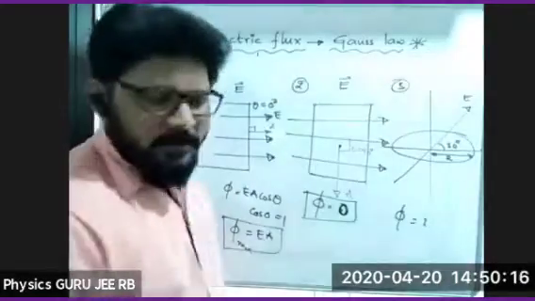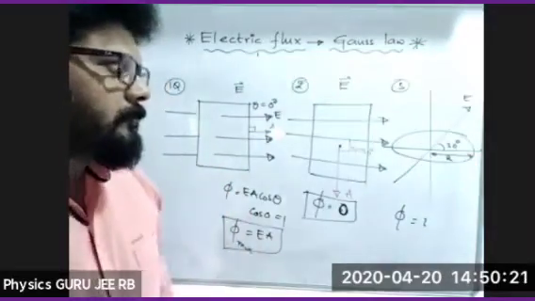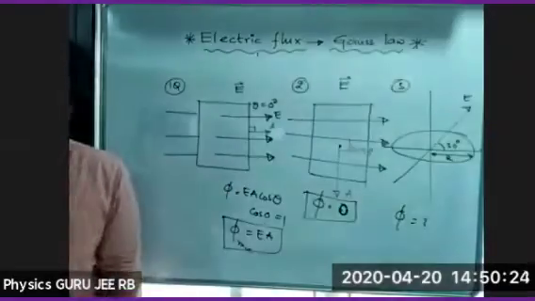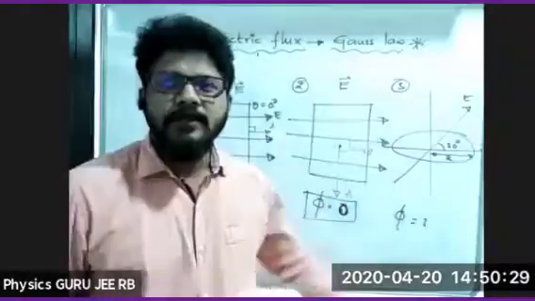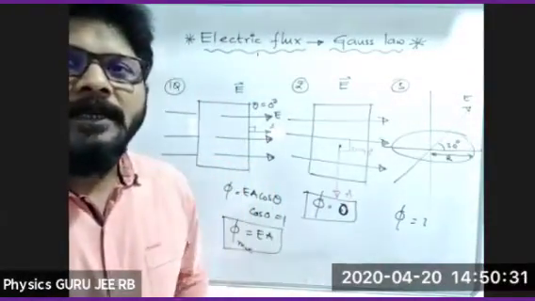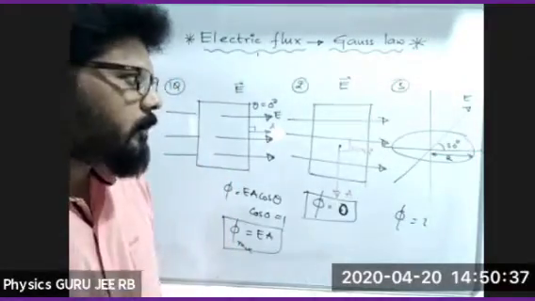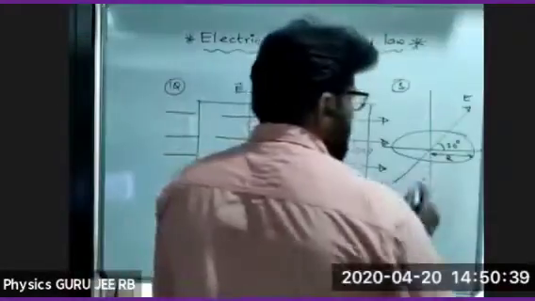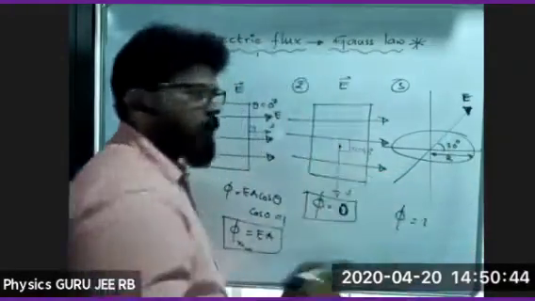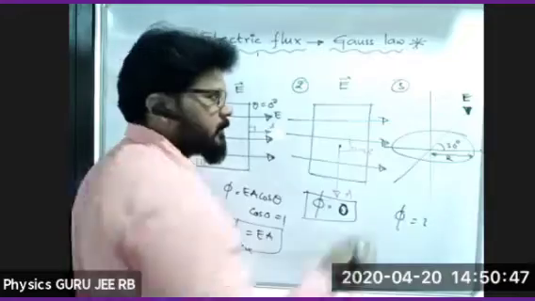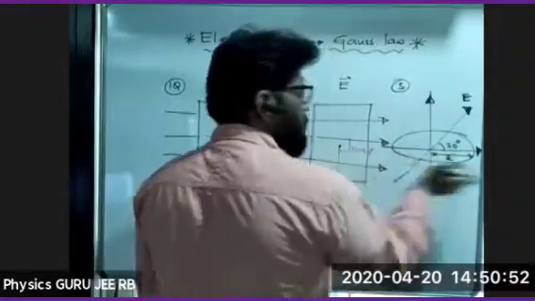Now can anybody tell me the answer for that question? What is phi equal to? E pi r square by 2. Okay, see, already I told that this electric field intensity E can be resolved into two components when it is making an angle theta of 30 degrees. We have to resolve this into two components. Yes or no?